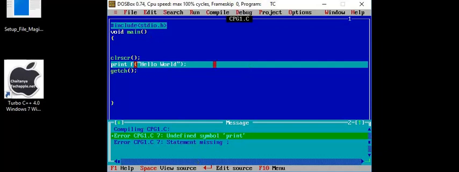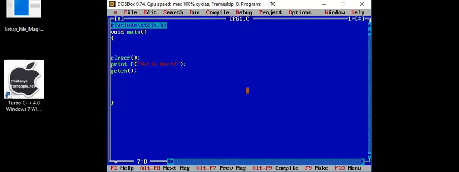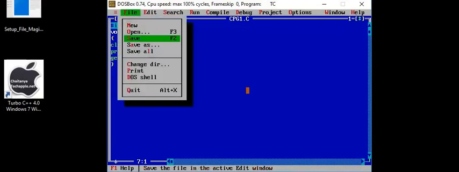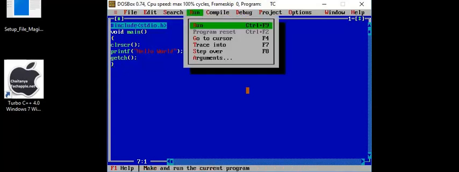Click here. You can press Alt F3. Very important: Alt F3 to get the cursor inside the editor. Use the backspace key to delete the previous character. And to delete a line, Control Y. To delete a line, you can use Control Y. Control Y helps us to delete the line also. You need to be perfect with the functions of all the keys. Then save the program. Then run the program.